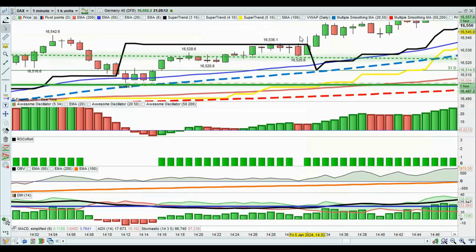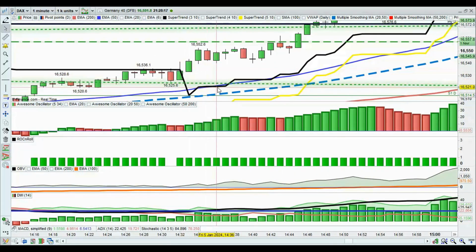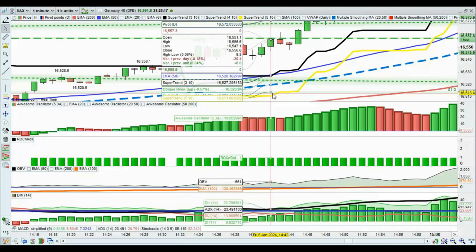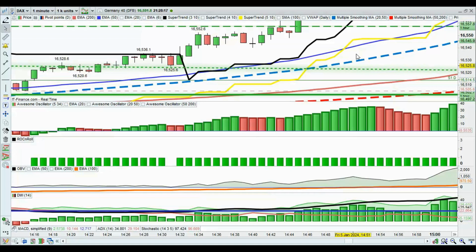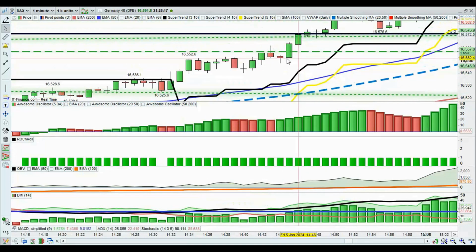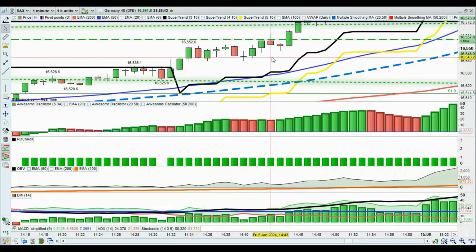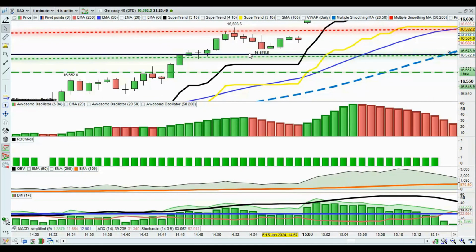16,535, and then you stay in the trade because the Super Trend 310, the black line, is shadowing the price action. So is Super Trend 510. The moving averages are starting to rise, also shadowing the upward price action. And so from here, entering this point 16,537, beautiful little trade here. As I say, you just stay in all the way whilst it stays above these moving averages and the Super